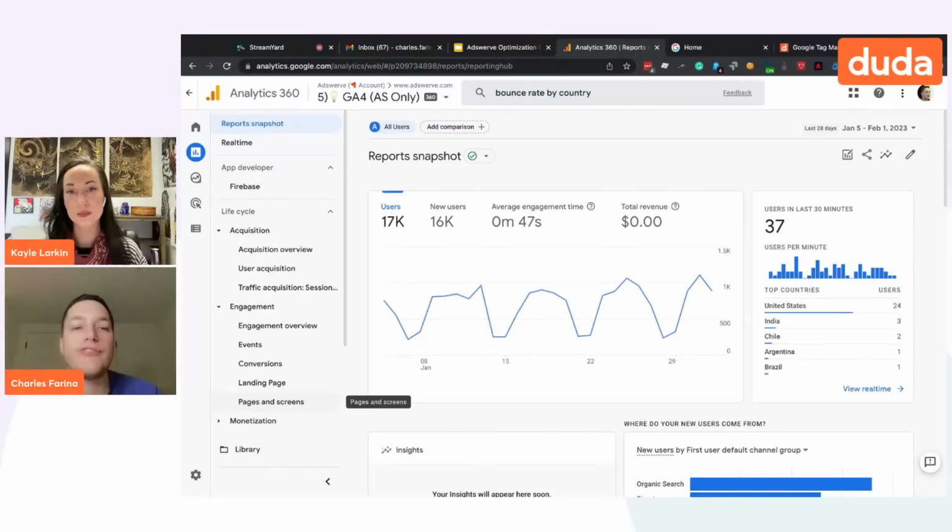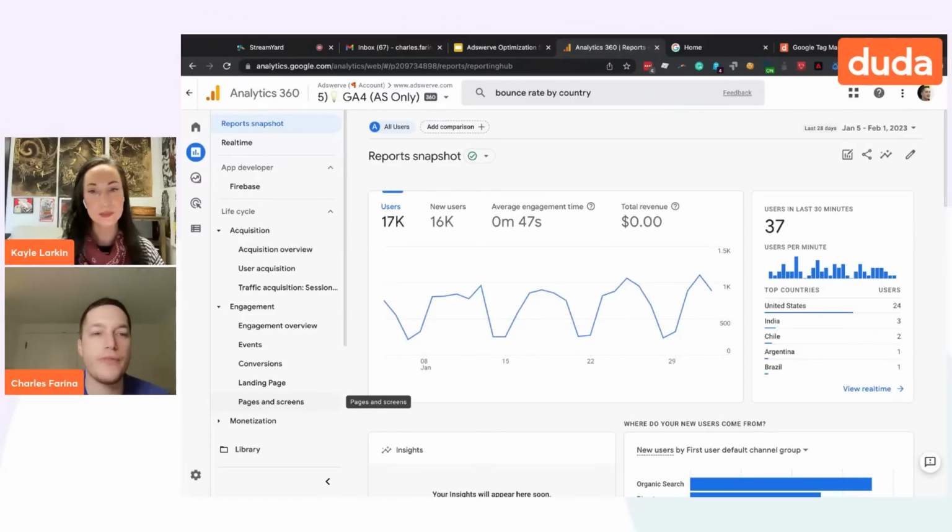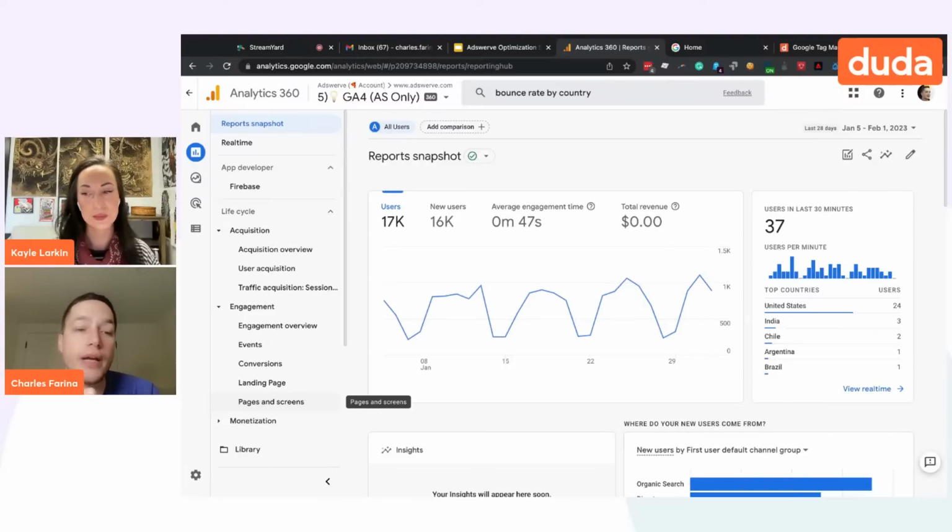And then once you find it, right now, the best way to segment it is with an audience. And then you just apply that audience to remove it. It only removes it when you have the audience applied, though. It doesn't necessarily remove it from the data itself. So the short answer to your question is that's a great way to do it with audiences. However, I'm hoping Google actually gives us new features so we could remove it from the data entirely. And right now, there's not really a lot of features around that.